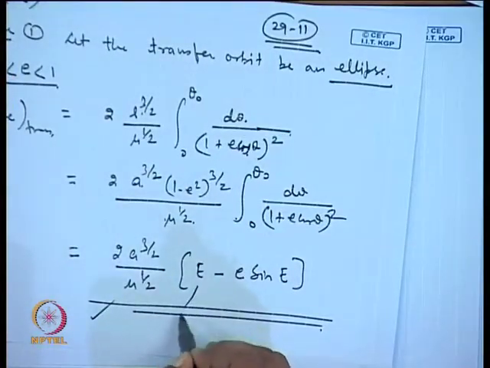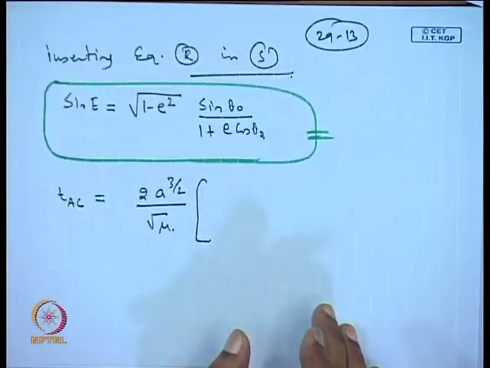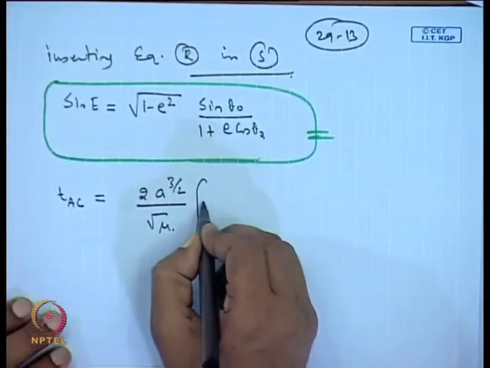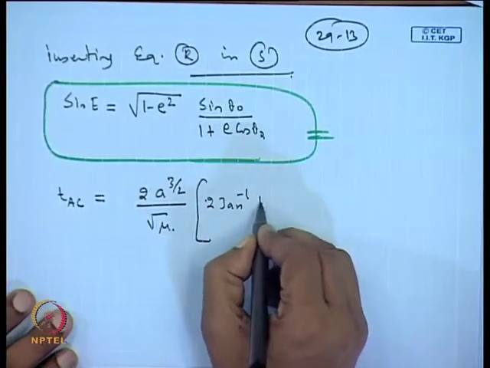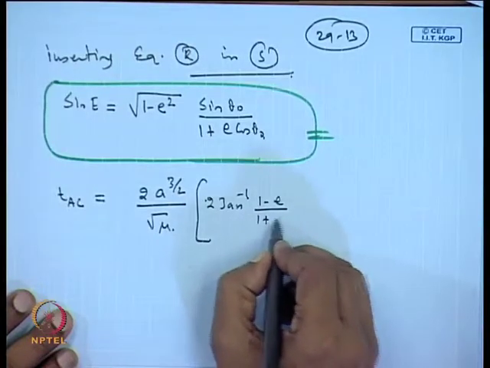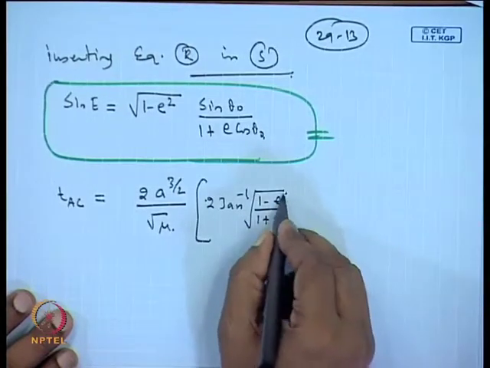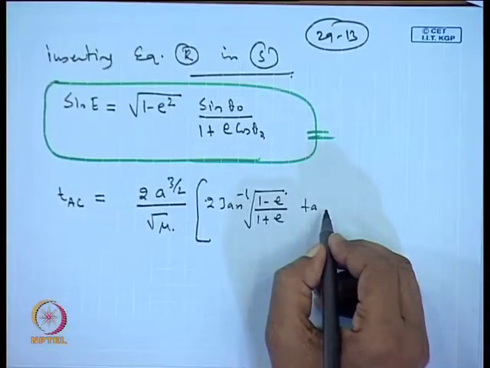So, now we know E, we also know sin E in terms of the true anomaly, and therefore, writing those back into this place, this is 2 tan inverse of 1 minus E divided by 1 plus E under root times